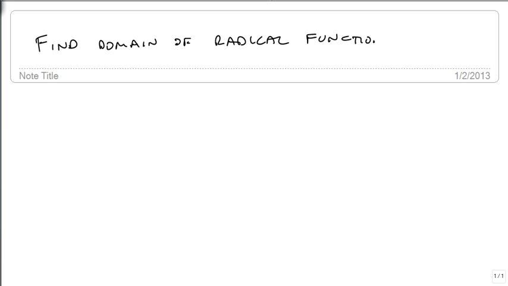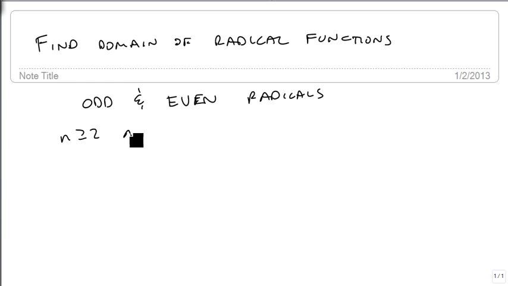Let's find the domain of radical functions. What we're looking at here is what are the legal inputs that will give us real number outputs. There's a distinction between odd and even radicals. Specifically, remember, for our evens, when n is greater than or equal to 2 and even, then